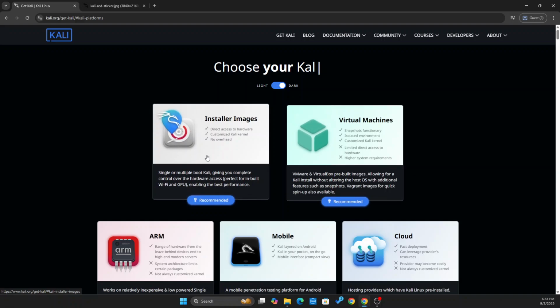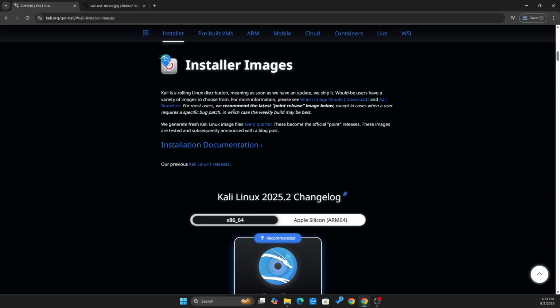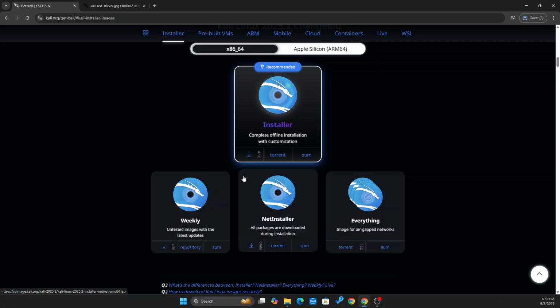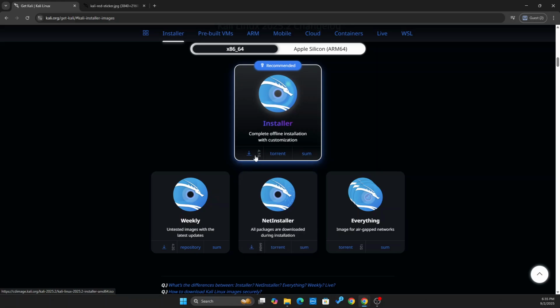But the thing is that in the installer image we can modify and customize according to our requirement. So that's why we are downloading this option. On clicking on this, you will come here and will be installing the recommended version of Kali Linux. Here it's around 4.1 GB, and when you click on it,